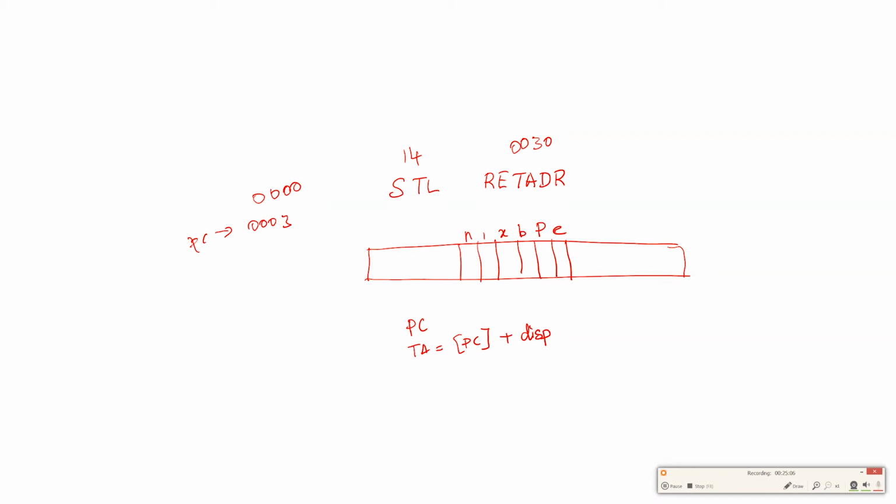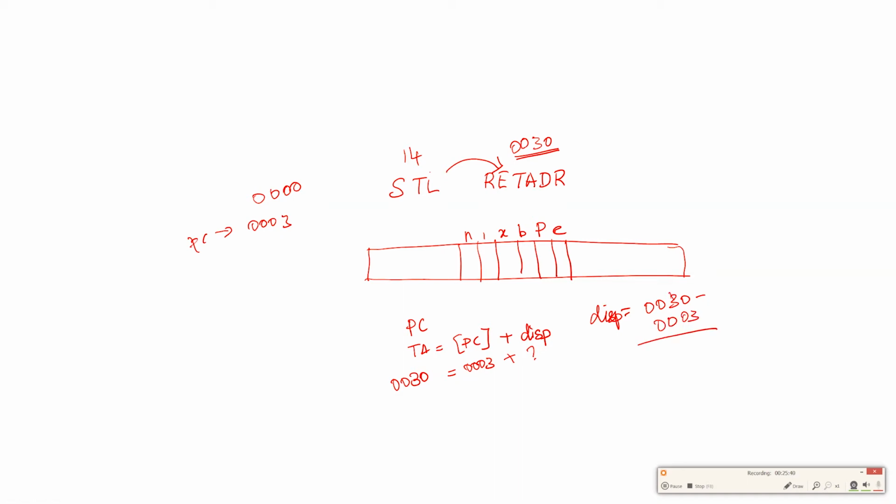So for STL, the target is RETADR. The value for RETADR is, according to our value, 0030. The content of program counter is 0003. We don't know the displacement, so we have to find it. Rewriting this, displacement is equal to 0030 minus 0003.